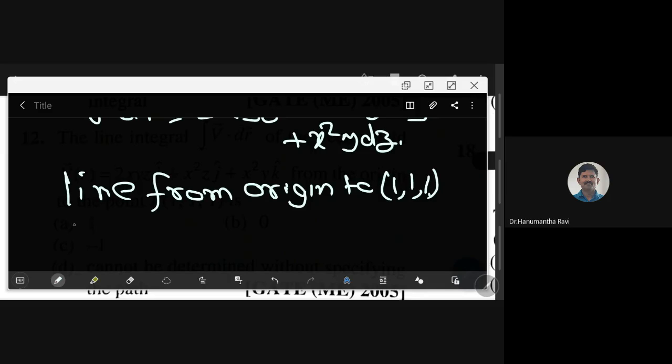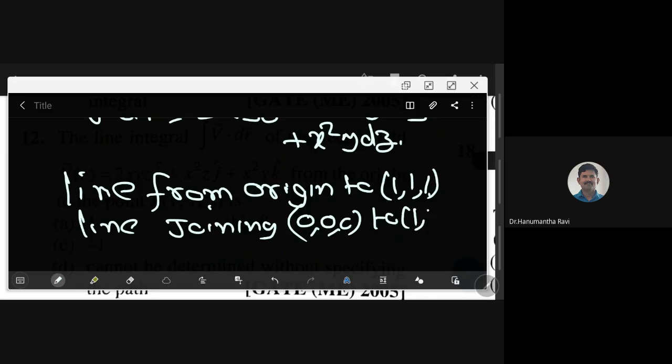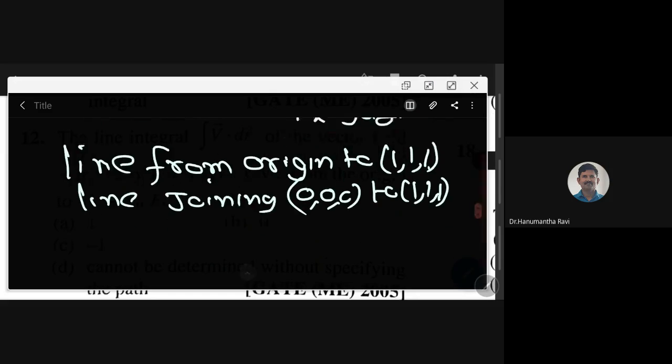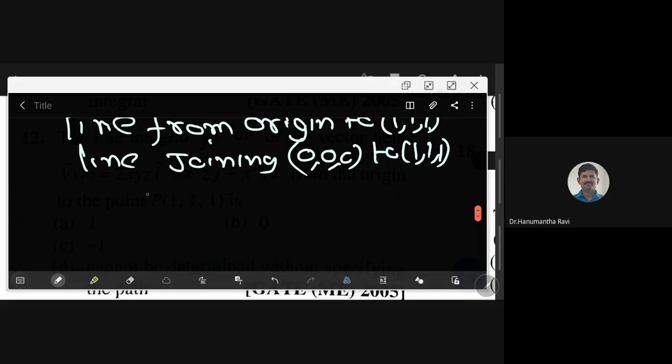That is the line joining 0, 0, 0 to 1, 1, 1. The line joining 0, 0, 0 to 1, 1, 1 is given by